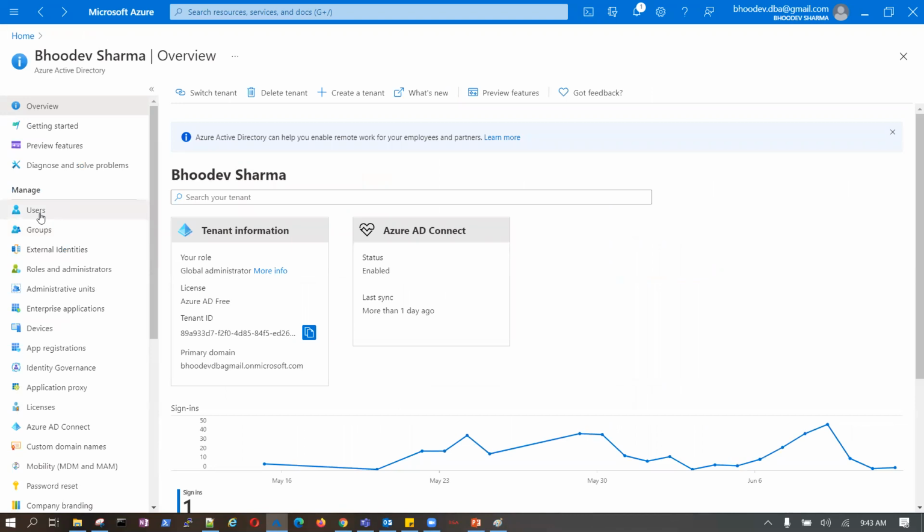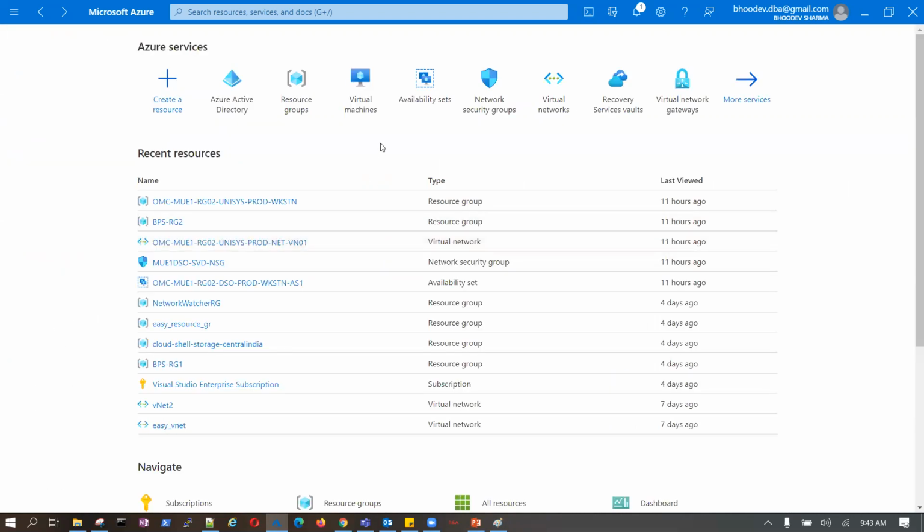Just go back one. Go to the home page. See, this is not integrated with Active Directory as of now, please remember. This is purely in Azure Active Directory.